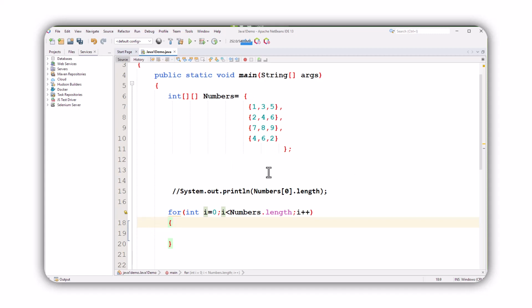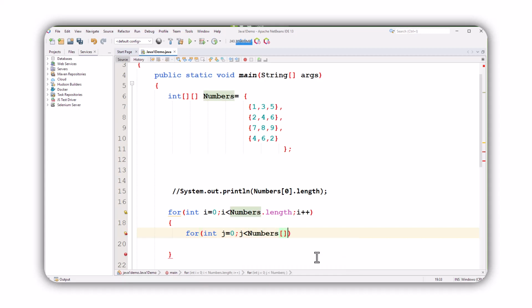It means we need to have 2 for loops. One loop will go through the rows and one will go through the columns, right? So the first one is rows. It means this loop is going to run 4 times and the inner loop is going to run 3 times. We are not going to fix it as 3 times. We will find the length just like that. So we call this one j is equal to 0, j is less than